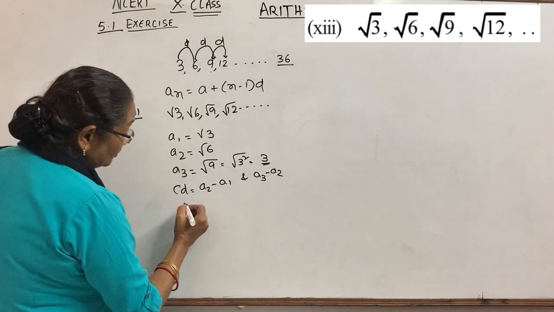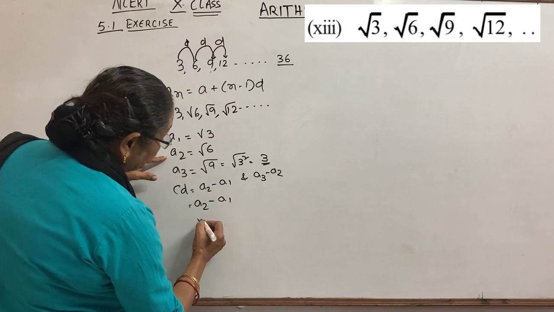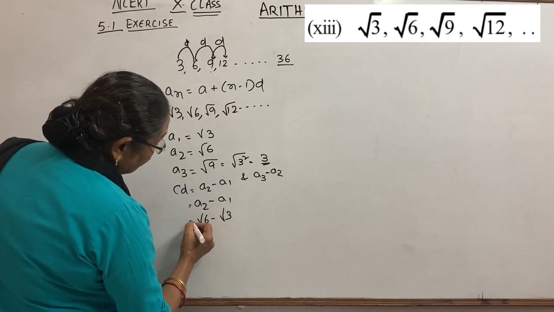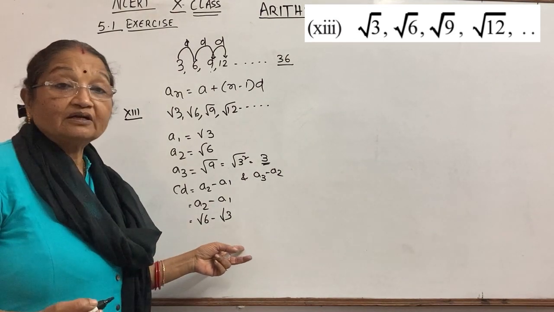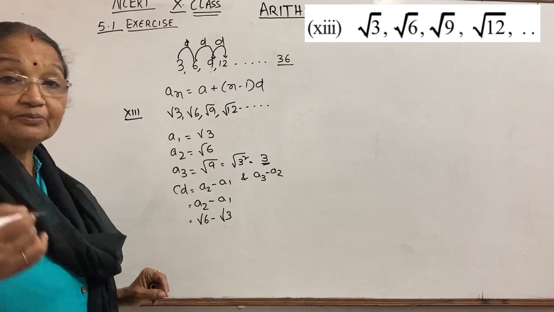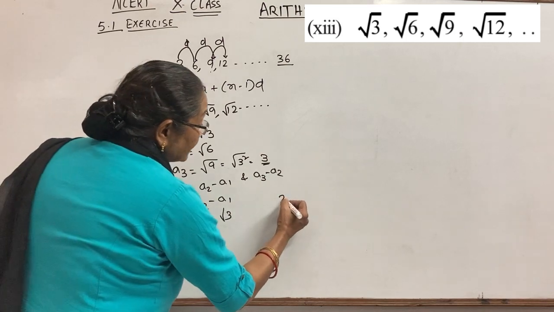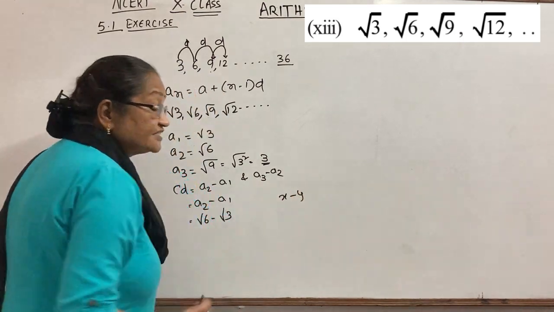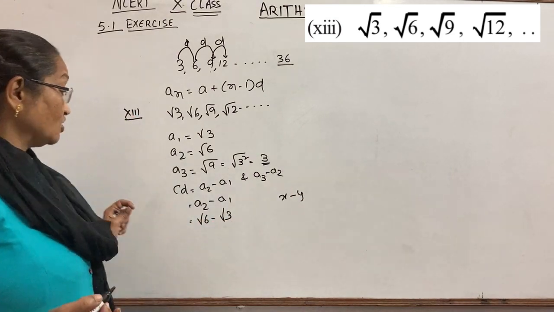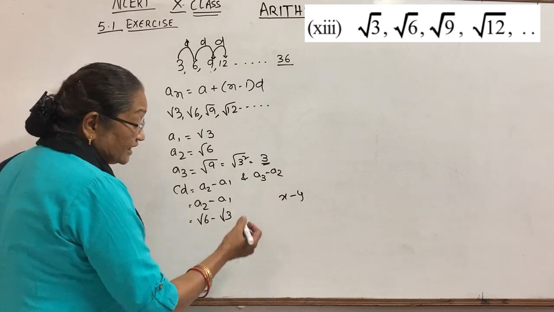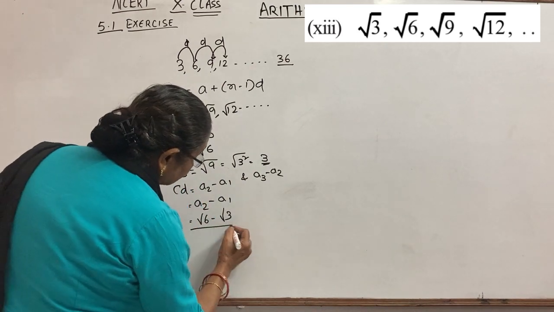Let's see A2 minus A1. Let's see what is our A2. A2 is root 6 minus root 3. So here is root 6 and root 3. We cannot subtract because they are not like terms. You might have done in 9th class how to solve it. These two cannot be solved. Let us see x and x minus y, if it is there, can you solve it? X is one type of term, they are unlike terms, you cannot solve it. So similarly here root 6 and root 3 are unlike terms, so we cannot solve it, it will remain as it is, root 6 and root 3.